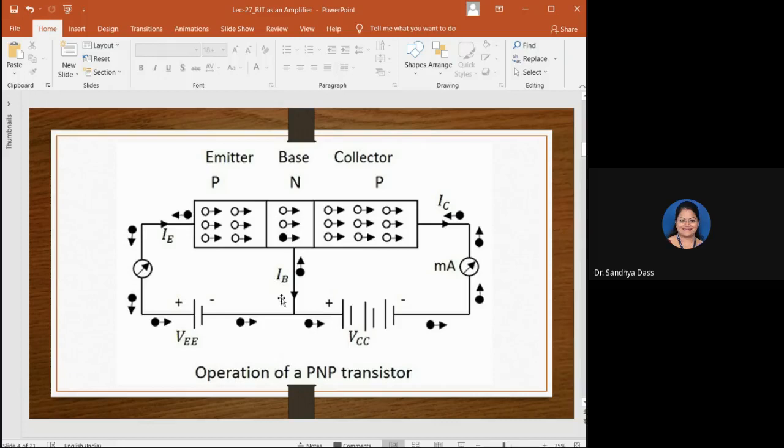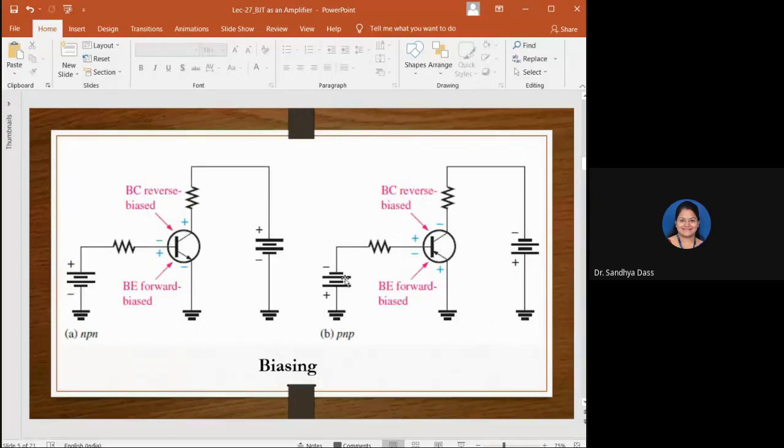So in a similar way, as I explained in the previous case, opposite charge carriers here, the holes, will be moving. So observe here, when the holes are moving from the emitter in this direction, the emitter current direction will be the same, right? A small amount of holes get attracted to this negative terminal of the battery, constituting the small base current and the collector current as well. All right. So this is typically the biasing part of the transistor.